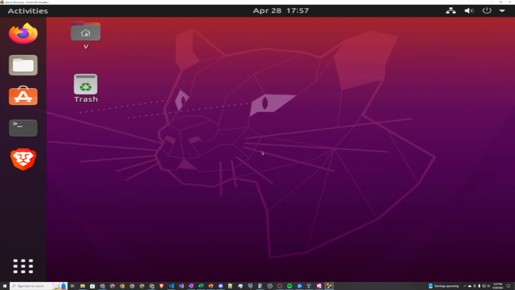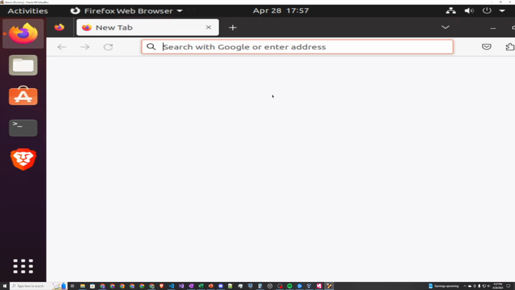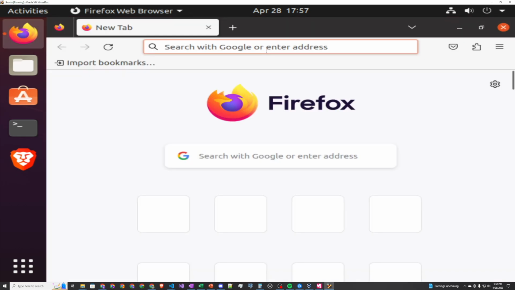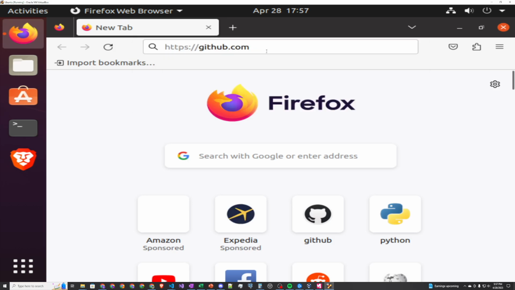What's up everyone? In this video I'm going to be showing you how to create a GitHub repo and use it on Ubuntu. So the first thing you're going to want to do, fire up a browser of your choice and go to github.com,